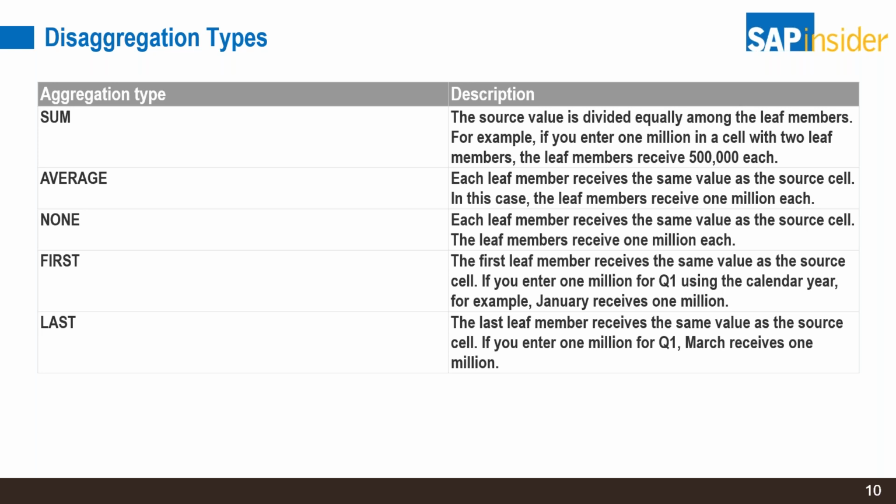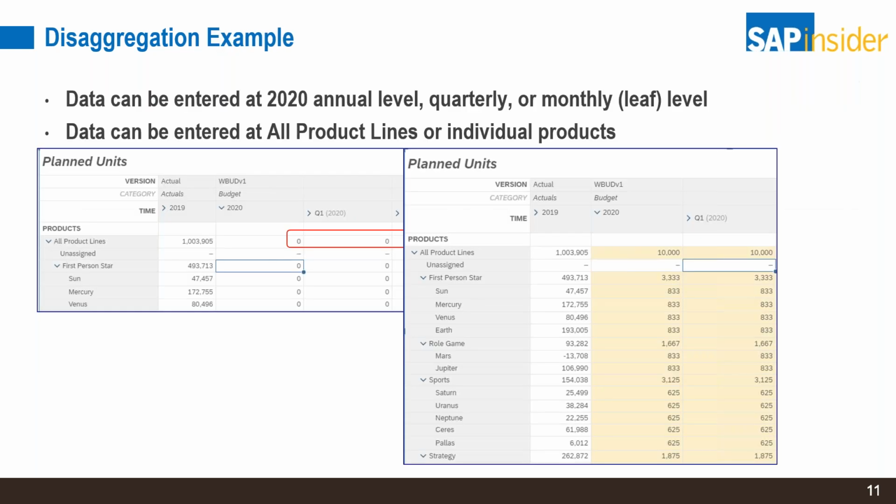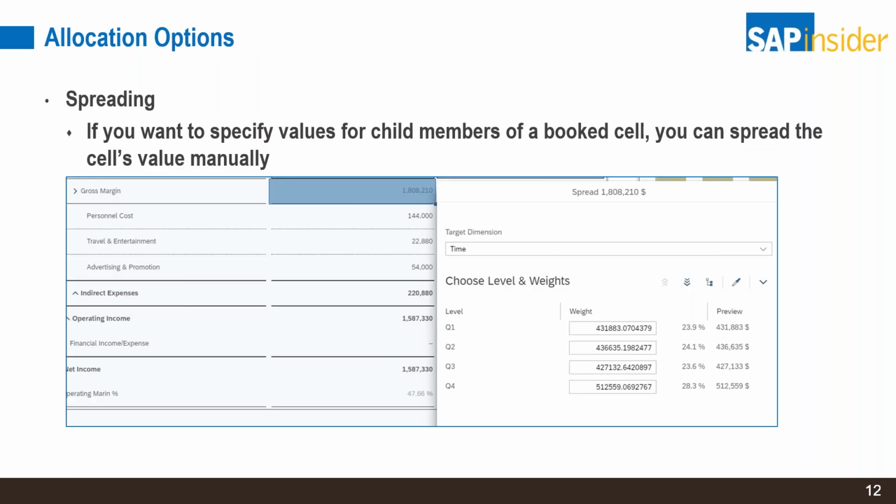So that gives you flexibility based on how you're forecasting or how you're planning, where you want your data to go if you're planning at a higher level than the leaf level, the base level. Again, just a quick example. As I mentioned before, you can enter it at a total level. So you want to do annual planning at that 2020 annual level, quarterly, or go down to that monthly leaf level, planning at total products or different product groupings versus the base. All of that is